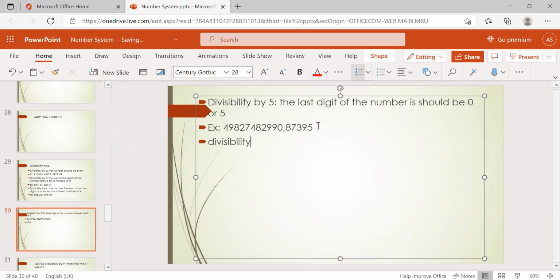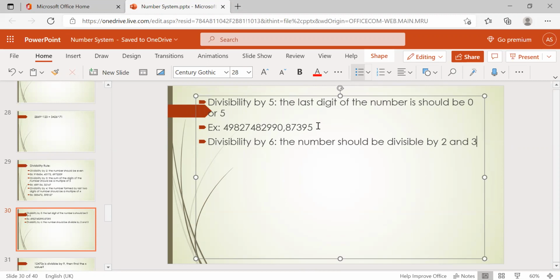Divisibility by 6. Now come to the 6. What is the rule of 6 here? The number should be divisible by 2 and 3, not 2 or 3, it is 2 and 3.